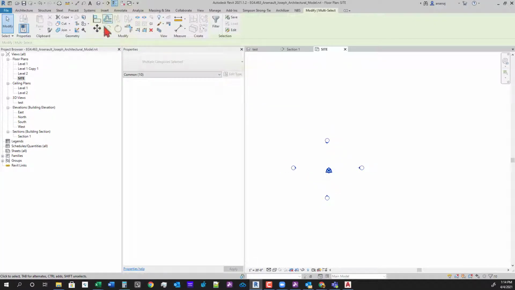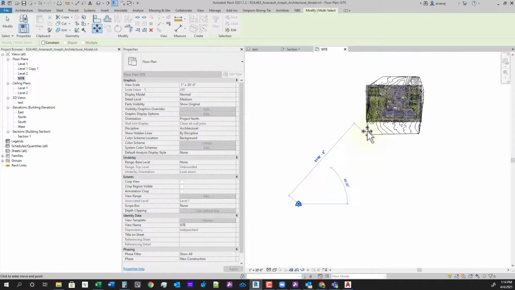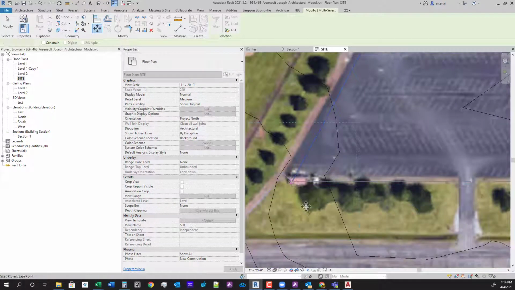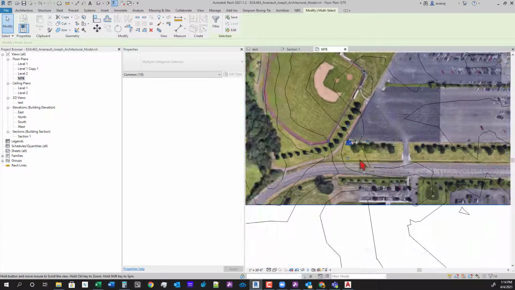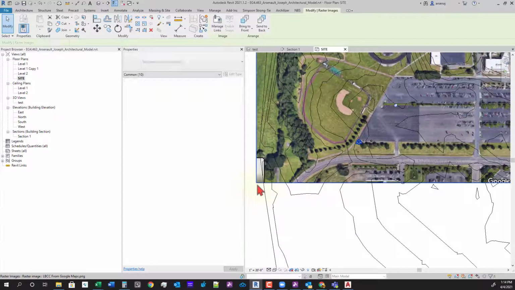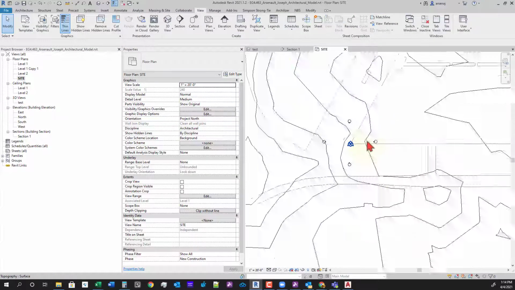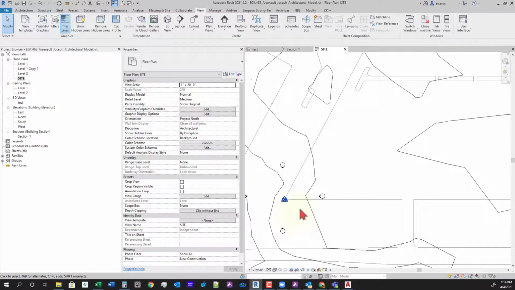And go up to your modify tab and hit move, or MV for move. And then you can hover over the middle and select the center, and we can move our project base point to this corner on the LBCC site plan. I'm going to turn the image off for now so you can see exactly where I'm at. And so that's where I'm going to put that survey point,